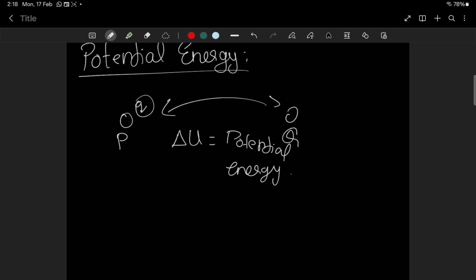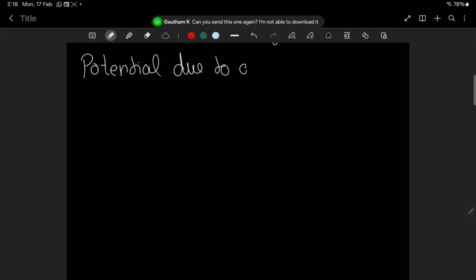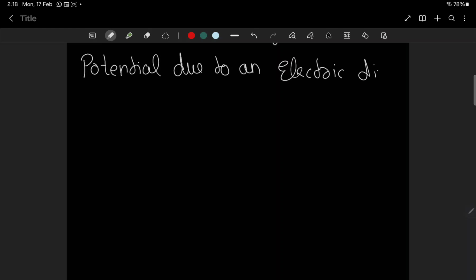So this is what is told in the starting 2 pages of the chapter. Now we learned what potential is, what potential energy is, and how W is related to potential, for a simple point charge. Now we are coming to some derivation, especially the potential due to an electric dipole. It's the next part, and this is one of the important parts of chapter 2. Important.